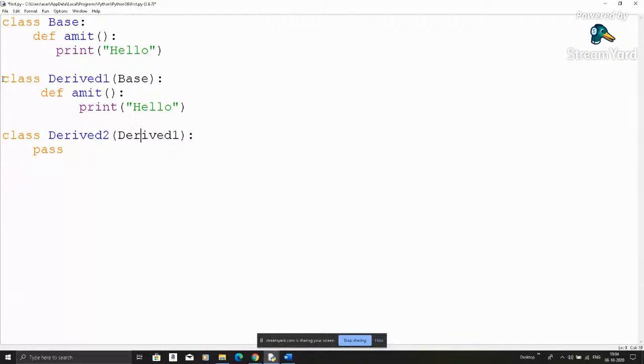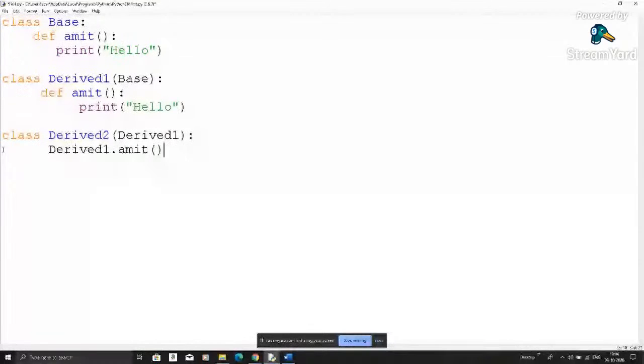So let's do one thing. You have the derived class, how can you use these features? Let's copy this one, the derived one, and call the function, like you are calling Amit.